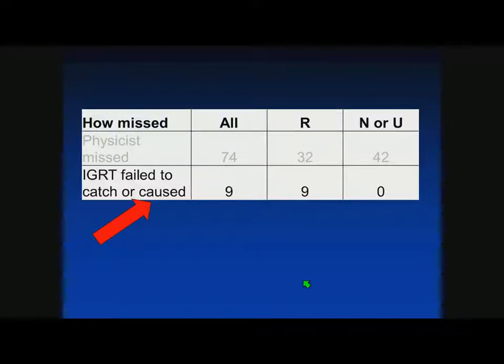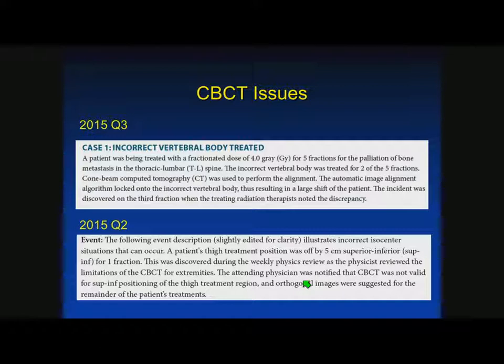IGRT failed to catch your cause. Now, these are some cuts and pastes out of the quarterly reports, which I'm really promoting that you take a look at. Wrong vertebral body treated. This was a case in which CBCT was done, and the automatic alignment snapped to the wrong vertebral body. There was a large shift that wasn't flagged as being an issue, and they recognized it after the fact. This was a case in which they were using cone beam CT to treat a leg, and they recognized after the fact that they were 5 centimeters off in treating that part of the leg, and the